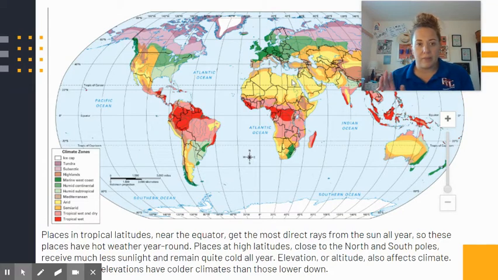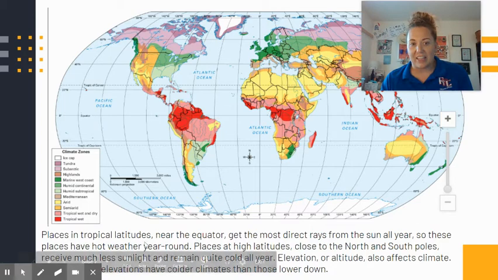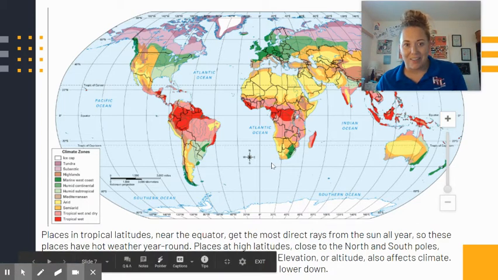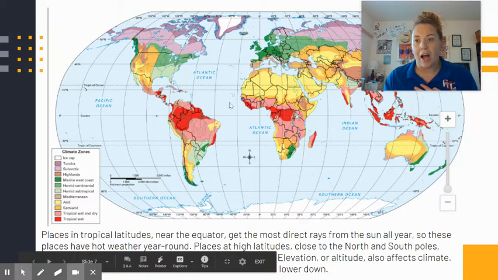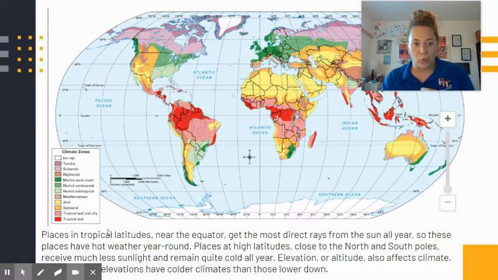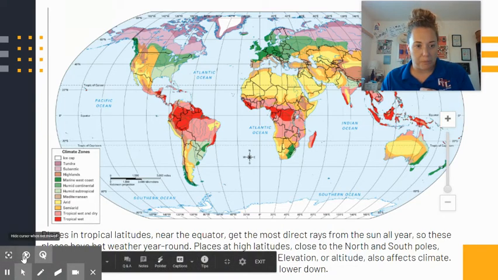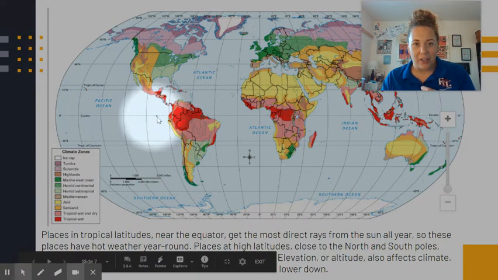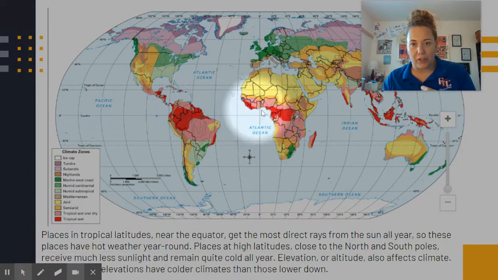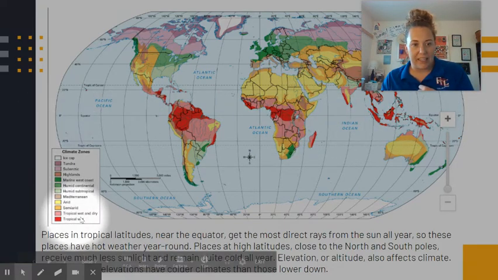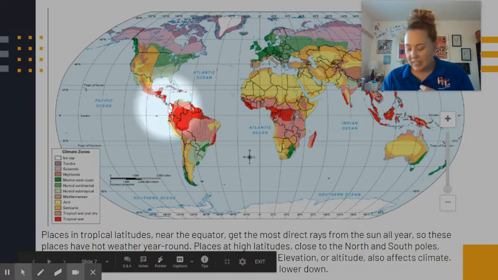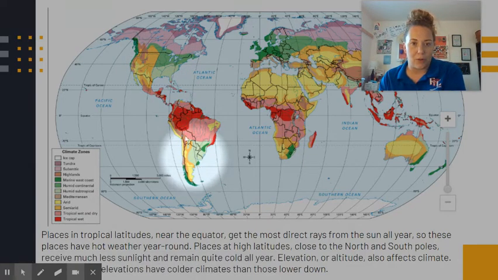All right. Things for you to note on here is the way that we see climate in the latitude. So at some point, you guys are going to definitely want to understand that this pattern repeats itself. So for example, if I am looking at the equator, we have a pretty similar pattern. You can see that we have the bright red and then the pink just all along the equator, which if I look on my key, that's going to be our tropical. And then you'll notice that these patterns start to repeat the further north and south you go.